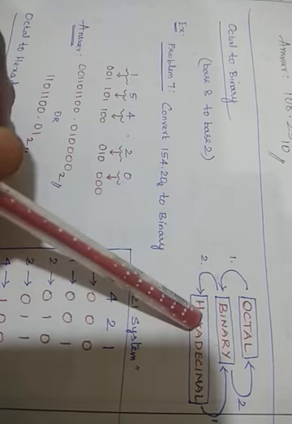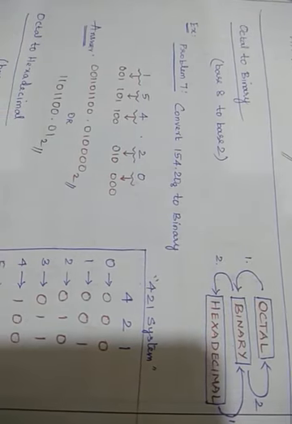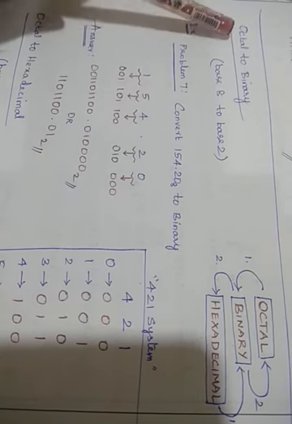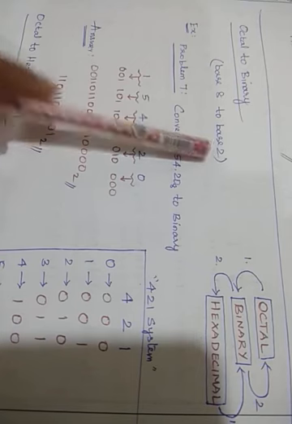And one more thing, from hexadecimal to octal directly you cannot do. You have to convert. The easy method is, first you have to convert the hexadecimal to binary, then you can convert binary to octal. In the same way, from octal to hexadecimal also directly you cannot do. First you convert octal to binary, and from binary to hexadecimal, it is the easiest way. So we'll see how to convert octal to binary, that is base 8 to base 2.